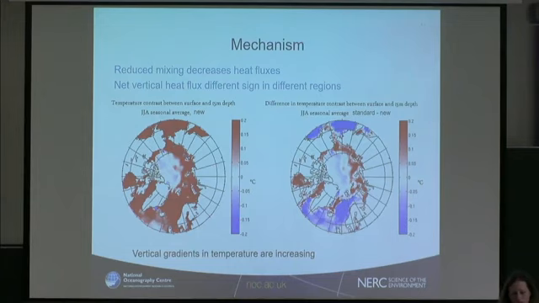So in the eastern part, you actually have warmer seawater close to the surface than below. So in that region, you are mixing heat down. Now in the Beaufort region, the water at the surface is cold, but there is warmer water below. So there you are mixing heat up. So what happens now in the model is that those temperature contrasts in both regions are increasing because you're exchanging less heat between the top and the bottom layers.